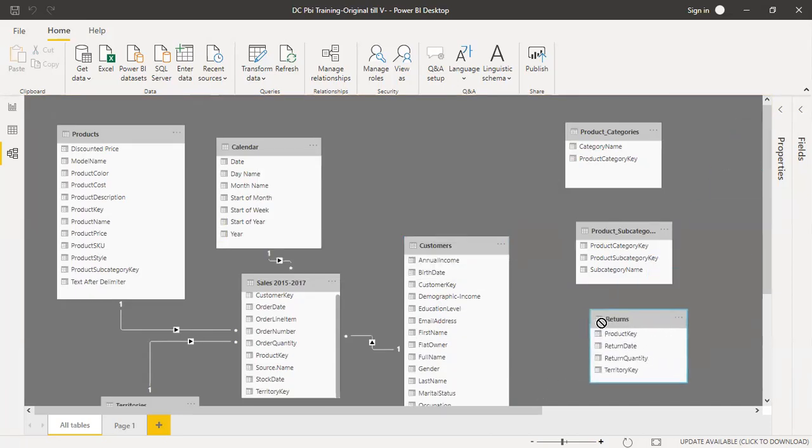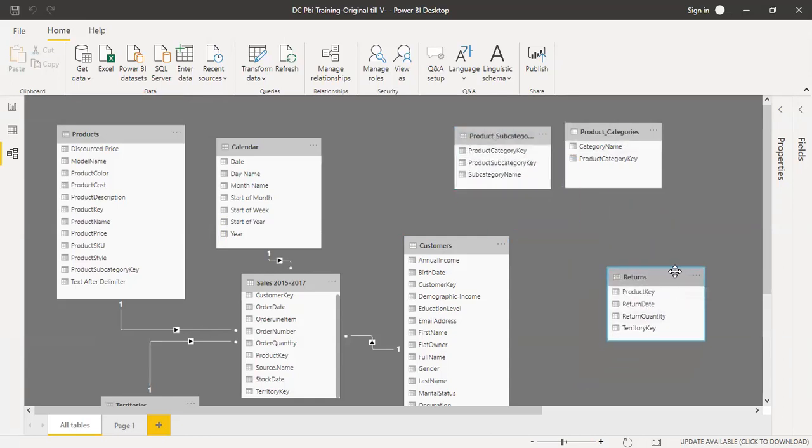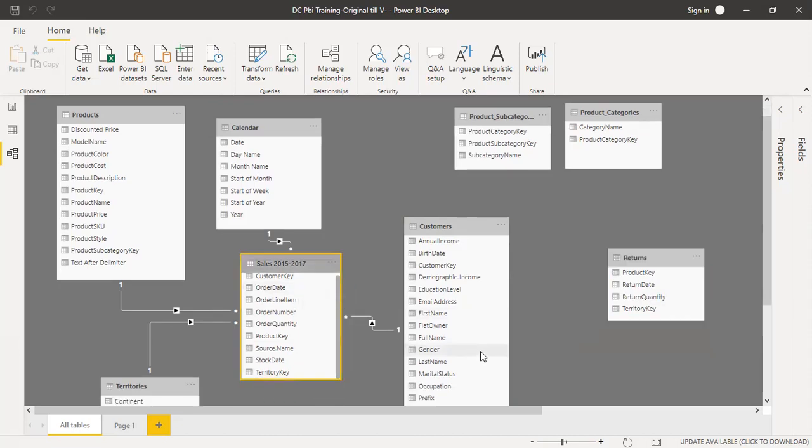So you would have got to know by now that this is the dimension, this is the dimension, and this is the fact, and this is the fact, right? Because it has data, returned quantity. The dimension wouldn't have that. See that? Now, product subcategory. How do I connect product subcategory with sales? It is not possible, right? So if I need to pull the data for product subcategory, how will I do that? There is no key on the basis of which I can connect it.